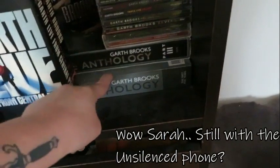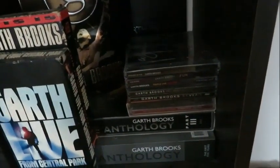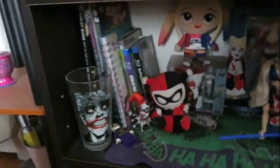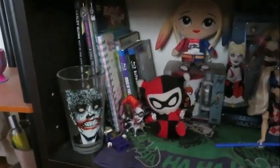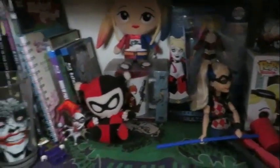If you haven't gotten these, you should. CDs and other Garth Brooks live stuff and CDs. Down here I have all my Harley Quinn and Joker stuff. Mainly Harley Quinn because I love her and relate to her in ways. I do have a video showing all of my Harley Quinn and Joker stuff, which I will link in the